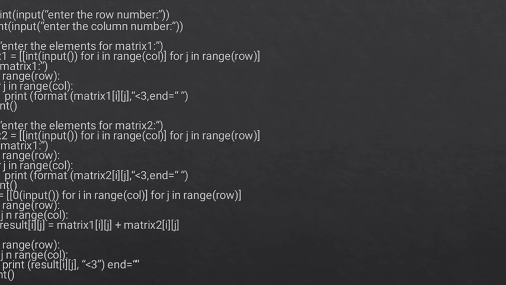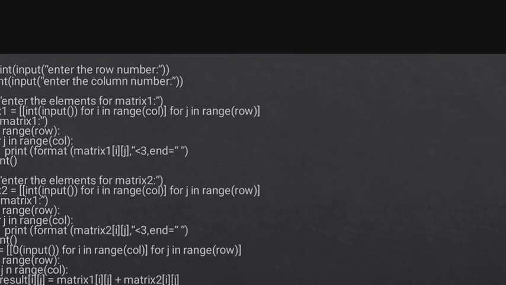After the elements are entered, we have to print these elements in matrix form. So first we type print matrix 1 in inverted commas, and then we'll see matrix 1 in the output, and then we create two for loops for row and column. For the first for loop, we have for i in range row, and for the second we have for j in range column. That means these i and j will get